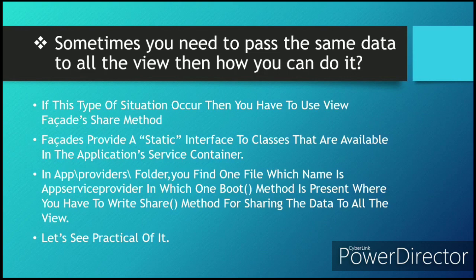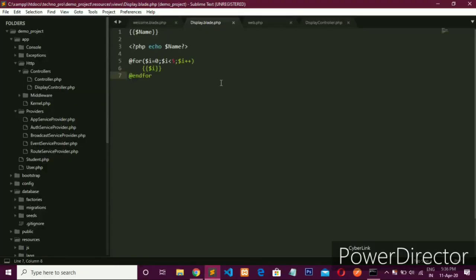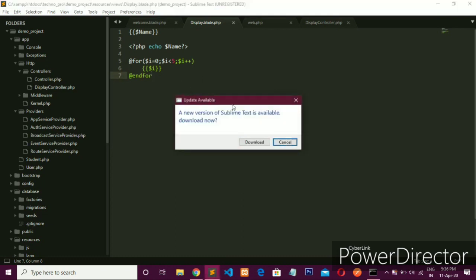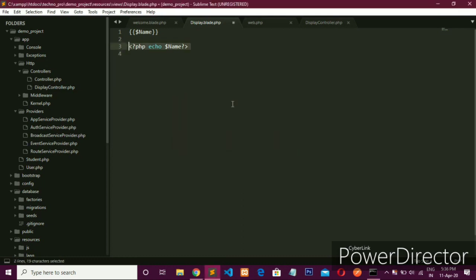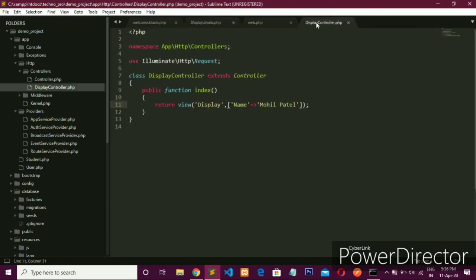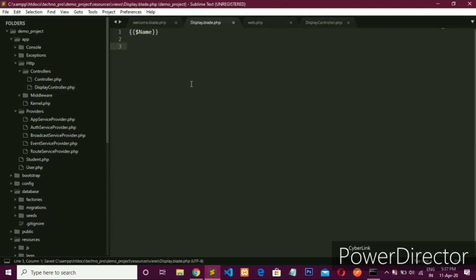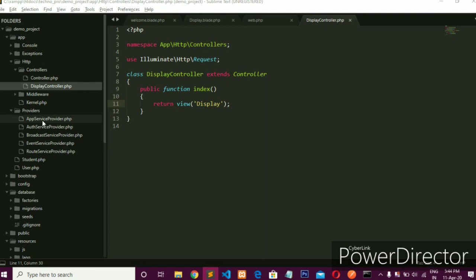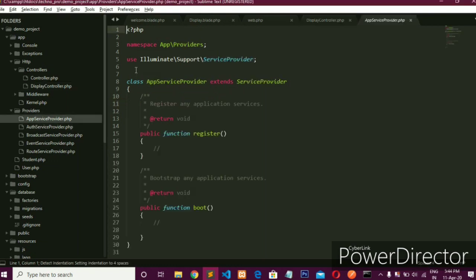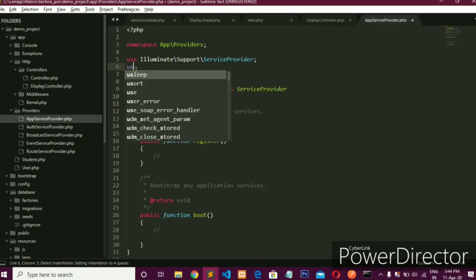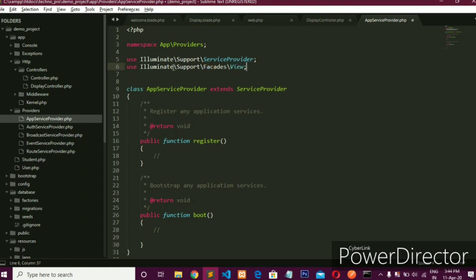Let's see the practical of it. Now open the editor. First remove this for loop and this PHP syntax. Now go to the display controller and copy this second argument, remove it from here and save this file also. Now go to the AppServiceProvider file. First write use Illuminate\Support\Facades\View.